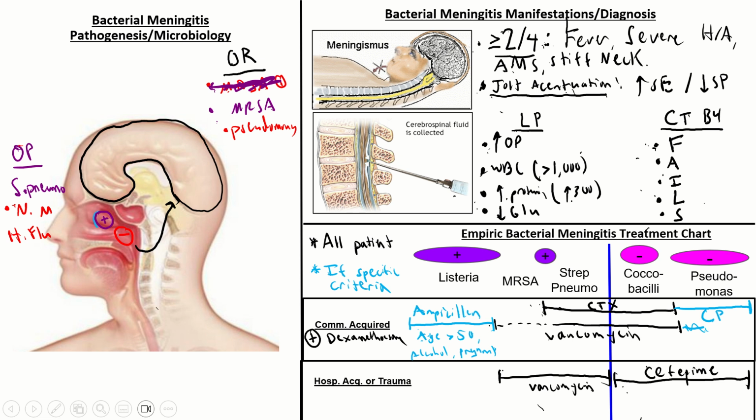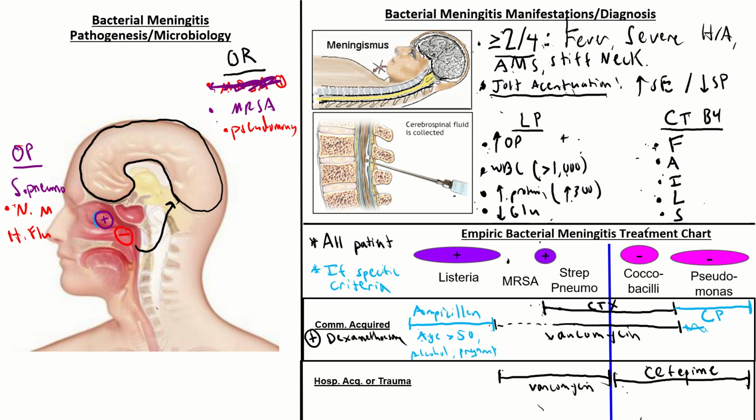All right, so that's kind of your manifestations, diagnosis, and workup for bacterial meningitis. Now, like I said, a lot of things can present like bacterial meningitis: viral meningitis, tick-borne disease, fungal meningitis, as well as TB meningitis. But if you do have a suspicion for meningeal irritation, it's very reasonable to start off with empiric coverage for bacterial meningitis. Get the LP, do a CT scan before if you're worried about intracranial lesions, and then you can use the LP to see, is there increased opening pressure, increased white count, increased protein, decreased glucose,